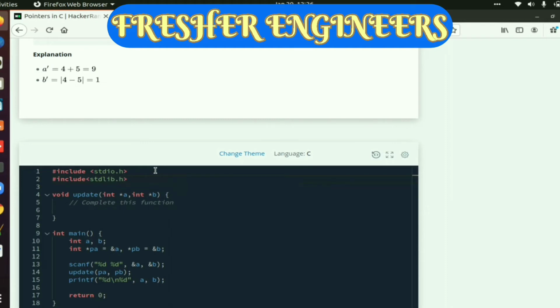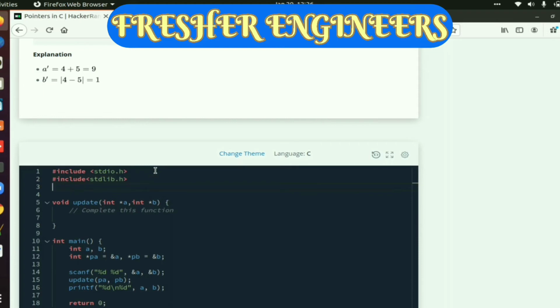First of all we have to include our standard library header file, which will help us write our code easily. The stdlib is helpful for using a special function, abs. Abs means it converts the negative value into a positive value. So let's start our code. Here we have to take integer values, then we have to add and we have to subtract. We have to perform two operations.